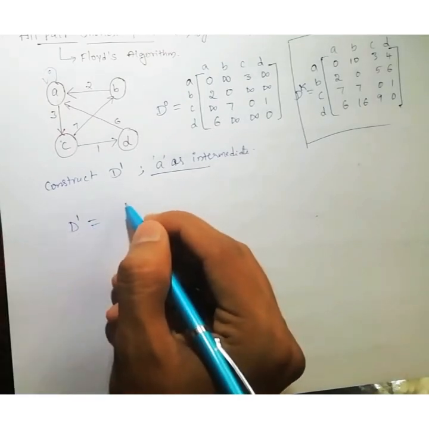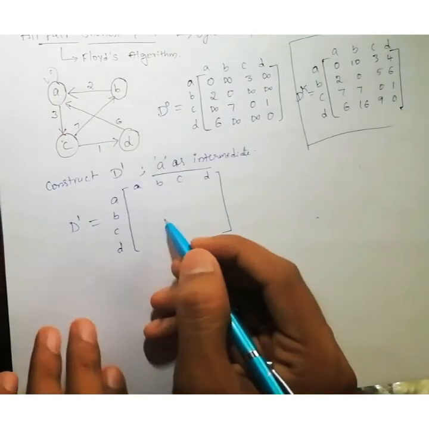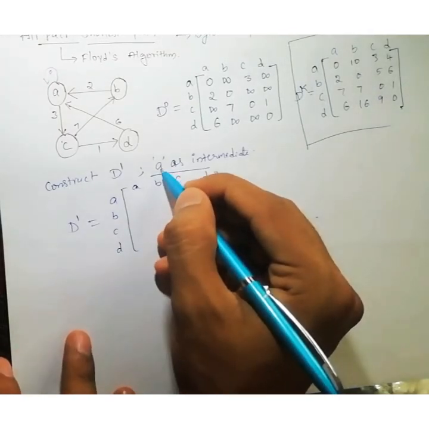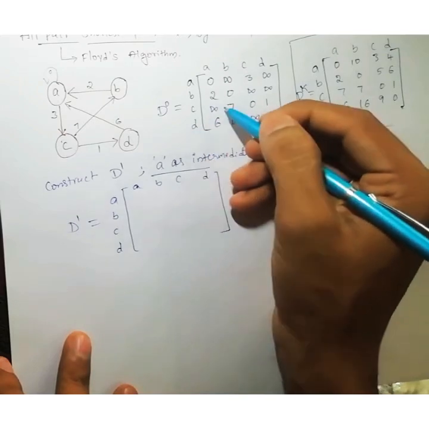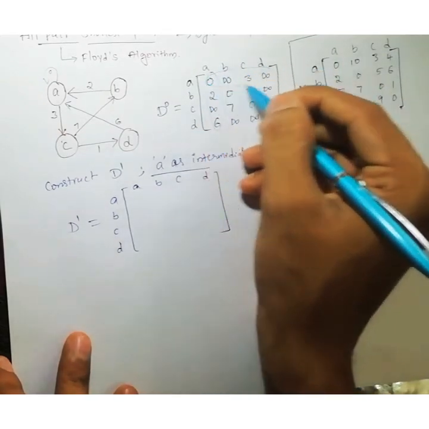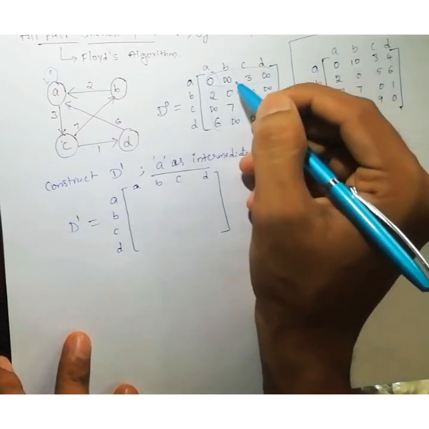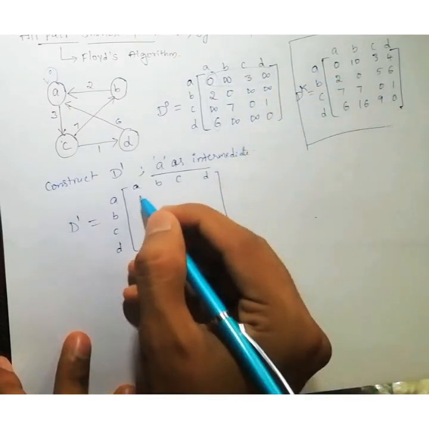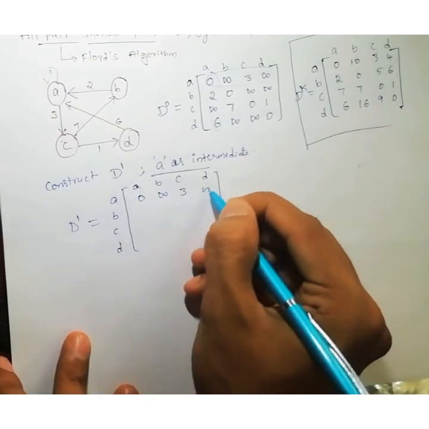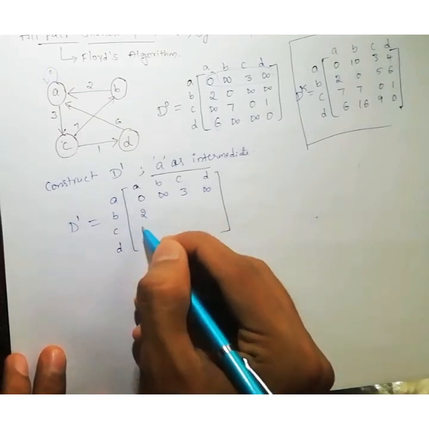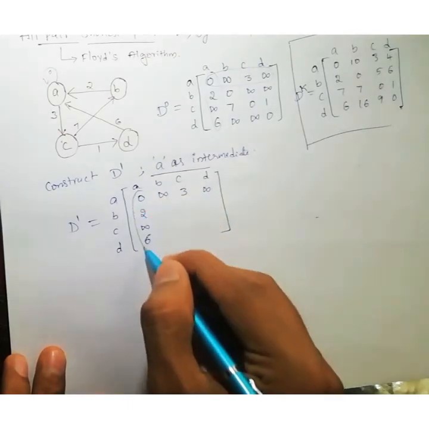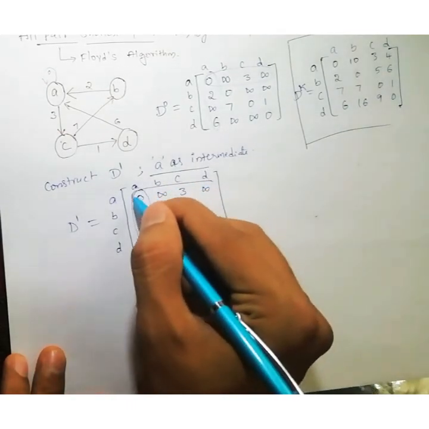So what we are doing here is taking A as an intermediate node, right? That means the row related to A and the column related to A don't change. So I will write them the same as they are. After writing, it is not going to change, so I am not going to check for new paths for that row and column.